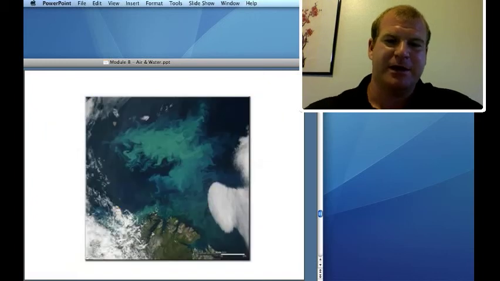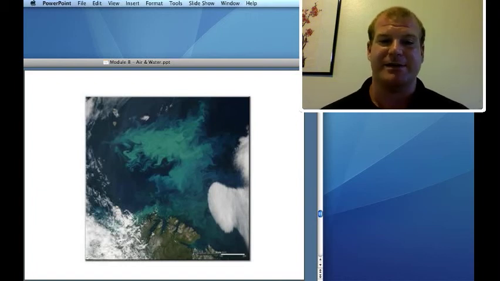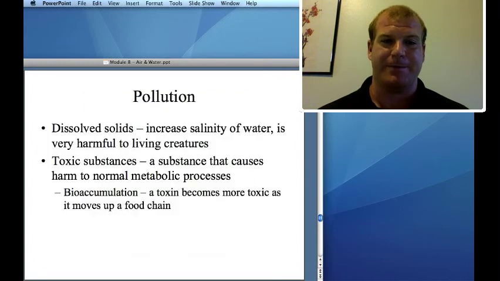And here's a NASA picture showing that algal bloom off the coast of Alaska. And this is a seasonal change, and these huge algal blooms generate a lot of oxygen. And algae is the primary source of oxygen for us here on Earth. And like I said, with the migration of the whales, this supports life that way.